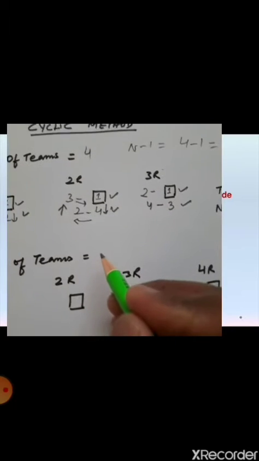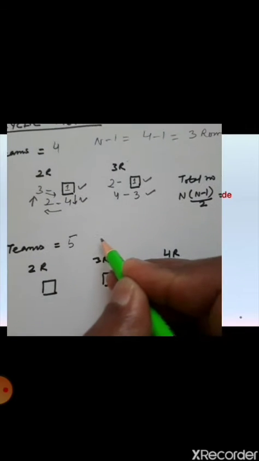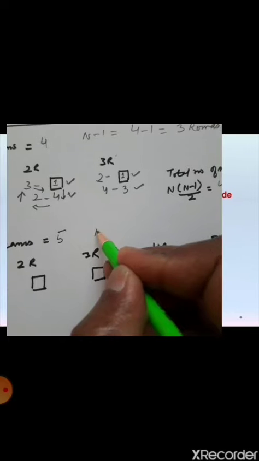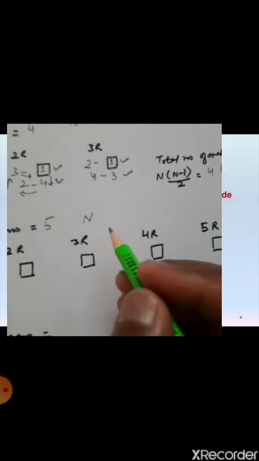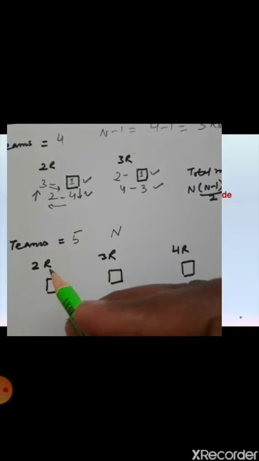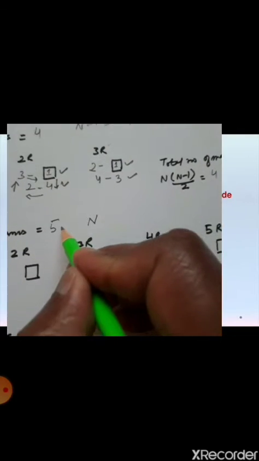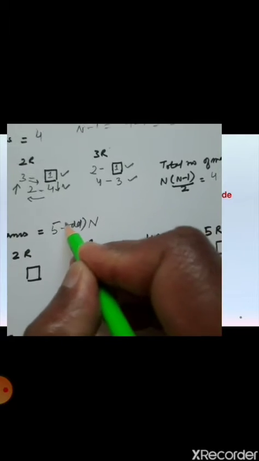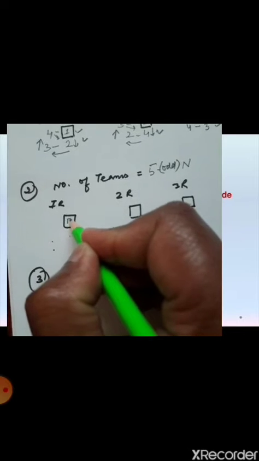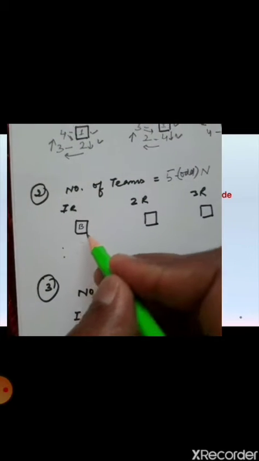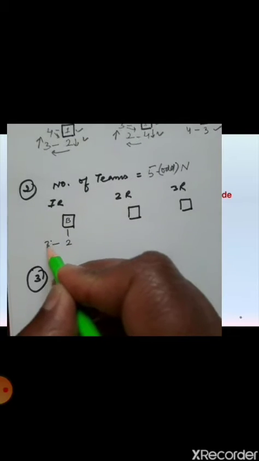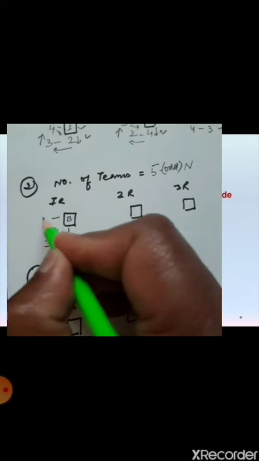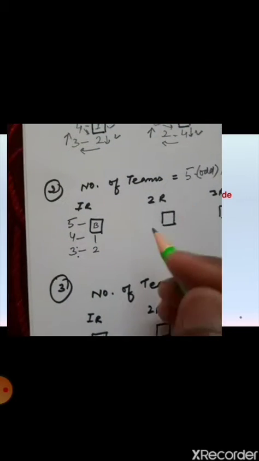Let's take one more example, the number of teams being 5 here. For an odd number of teams, the number of rounds will be n. Now 5 is an odd number. For an odd number, what we will do is write a B on the right hand side here. In the first round, B, then team number 1 here, then 2, then 3, then 4 and 5. So this is the first round.